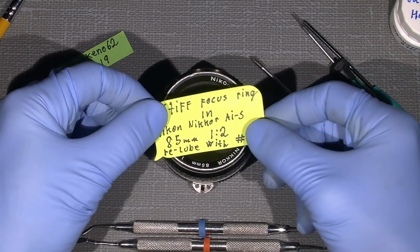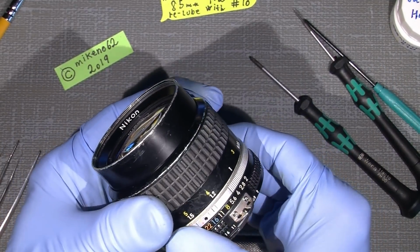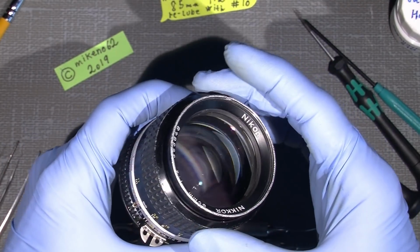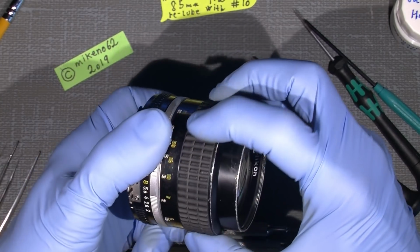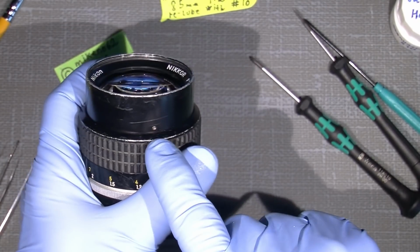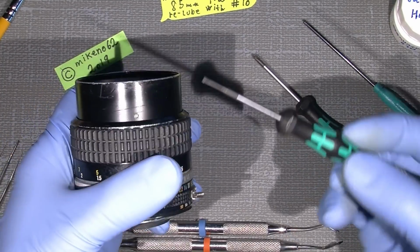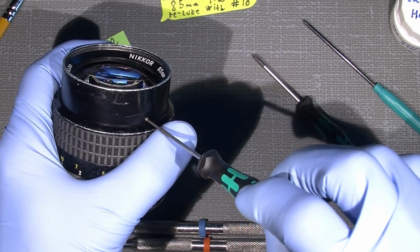Now let's get into it, because the focusing ring here is quite stiff, and I would like to make it softer. To disassemble the whole thing, we need to take things apart. First, there is a little set screw up here on the front barrel, which we need to take out with a 1.2mm flathead screwdriver. It's the only screw with this flathead, so that should be quite easy. So just loosen it